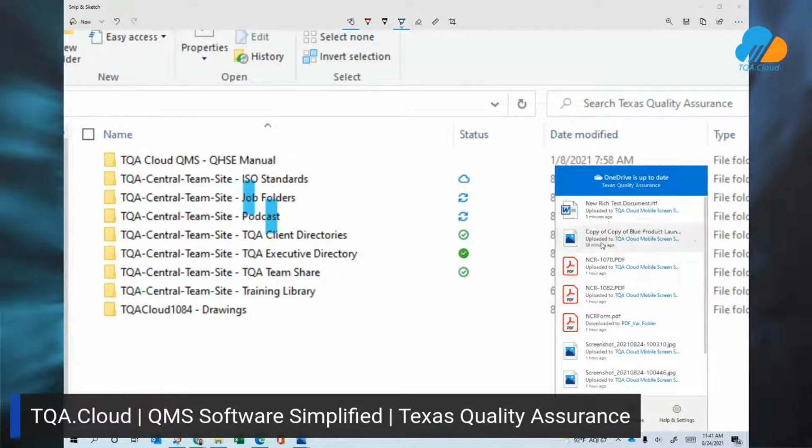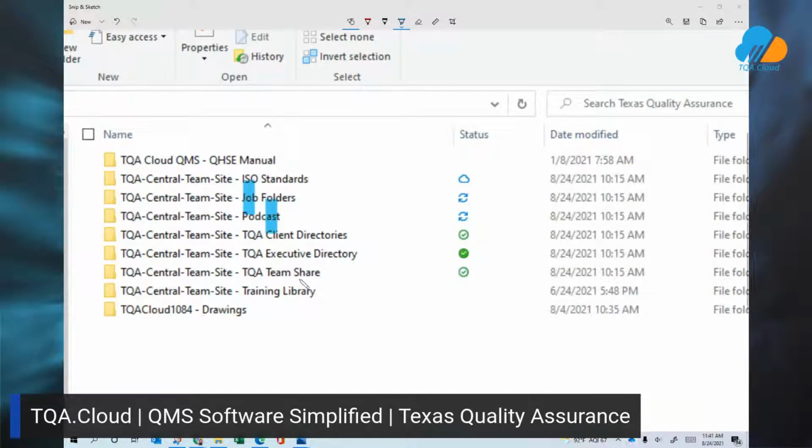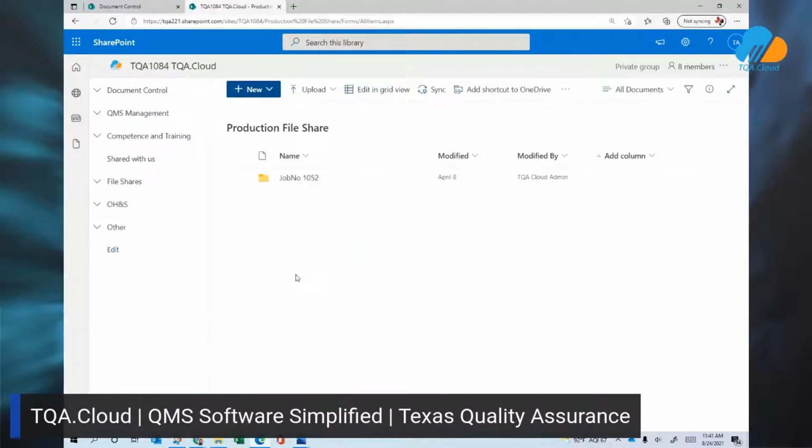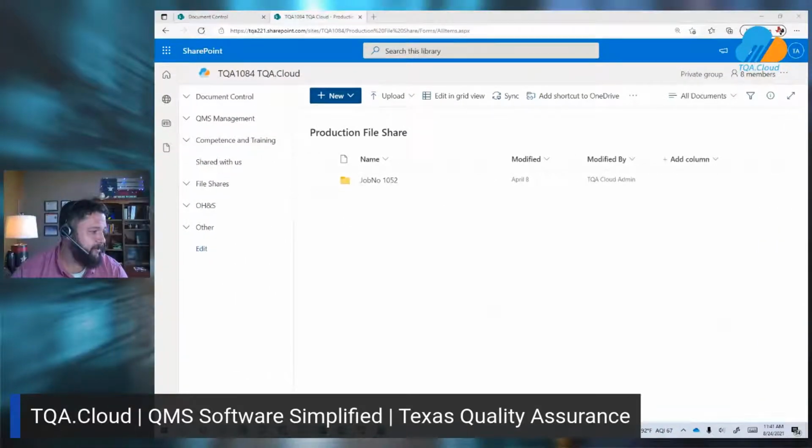Our OneDrive app here will simply let us know if and when we had those conflicts. And hey, what do you know here? You see that it recently uploaded all of these images that we just took a look at that I was working with. The green checkbox that's circled in like that means that everything in that directory is stored locally and in the cloud. So it makes it really, really easy to keep up to date with everyone. But let's take a look back here at our production file share.